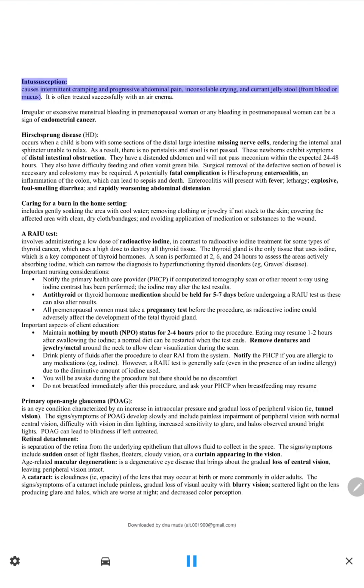Intussusception causes intermittent cramping and progressive abdominal pain, inconsolable crying, and currant jelly stool, from blood or mucus. It is often treated successfully with an air enema. Irregular or excessive menstrual bleeding in premenopausal women or any bleeding in postmenopausal women can be a sign of endometrial